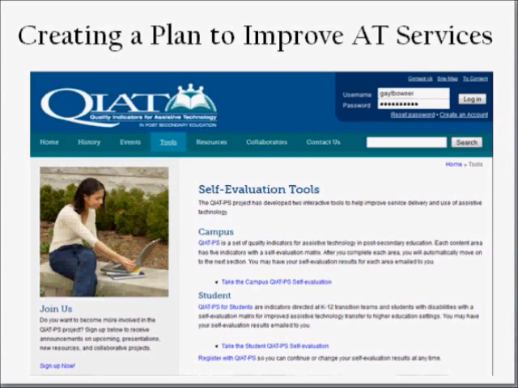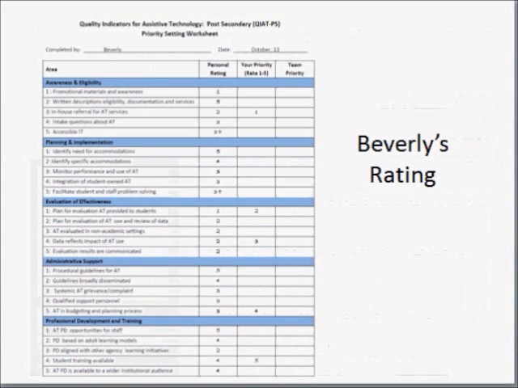Beverly had completed the campus self-evaluation matrix and brought her self-rating with her to a meeting of everyone on the staff in her office. In this instance, everyone on the team had already completed the self-rating for their program and came prepared to discuss it with the group. In some places, this entire self-rating process is done by the entire team in one sitting.